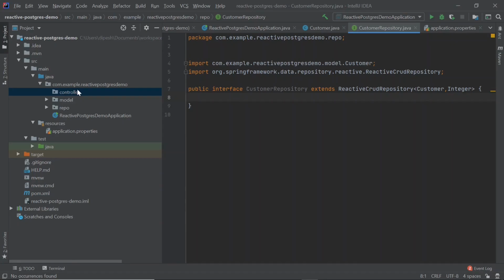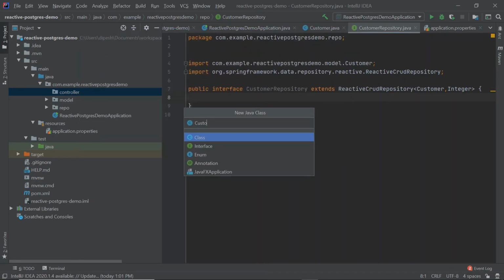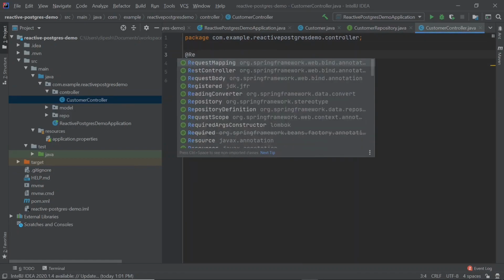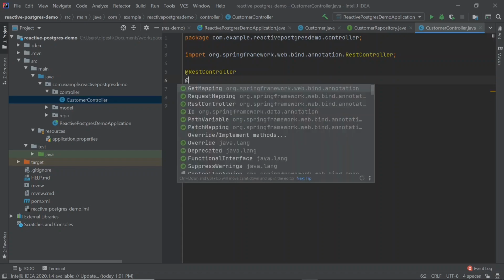Now the next step is to create a controller class. So I have created a controller package, and inside it I will create a new class, CustomerController. We are going to use Spring annotations here, so first I am going to use @RestController, which will mark this class as a REST endpoint or REST controller.